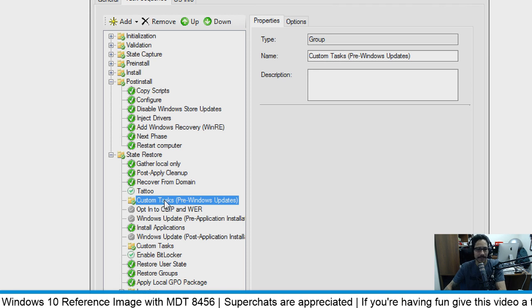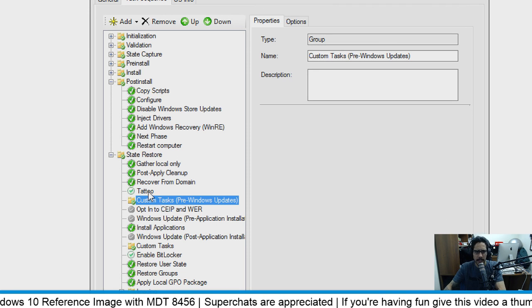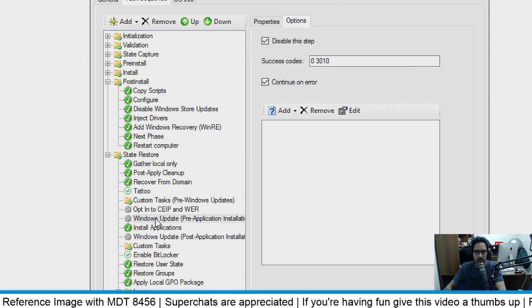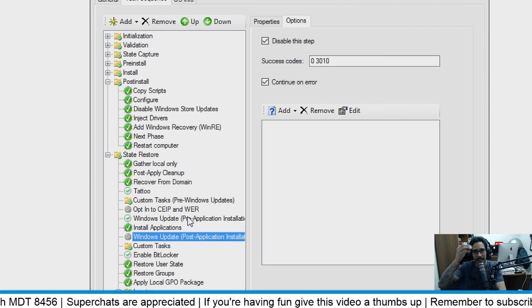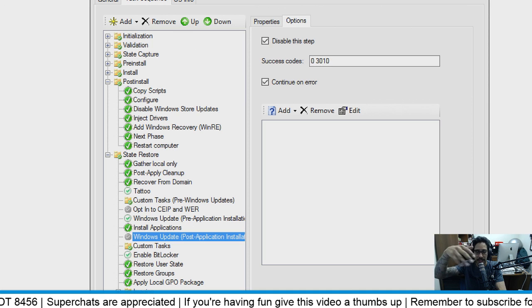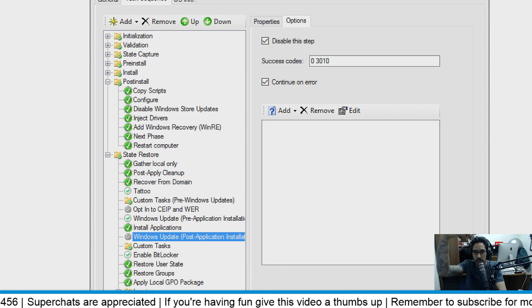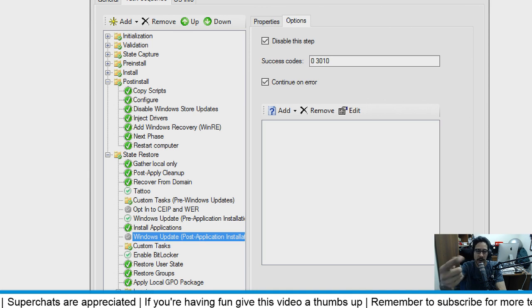All right. Yeah, so we create a new group in between tattoo and opt-in, and from both windows for the pre-app and also the post-app, it looks like we need to enable both of these. Okay, we're enabling both of them because it looks like in the article you are pushing out Windows updates to have your reference image